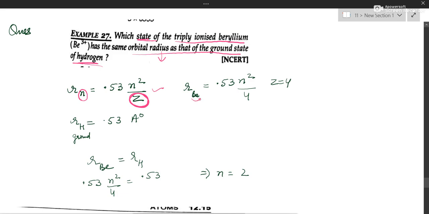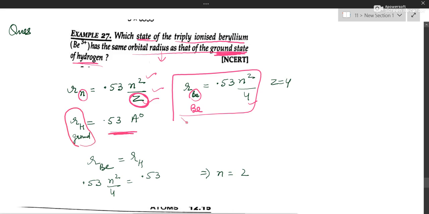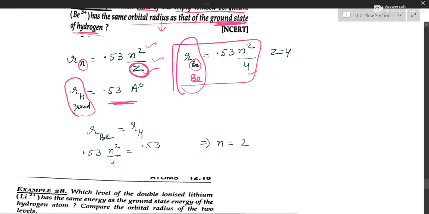Okay, so for beryllium, Z is 4. Hydrogen, helium, lithium, beryllium. So, you can put this 4. Okay, so this we are ready with. Ground state of hydrogen का radius कितना होता है, that everyone knows. Put N1, put Z1, that is it. Now they are saying this radius of ground state is equal to radius of beryllium. Put them equal, find N. Only N is a variable, so this is the state.